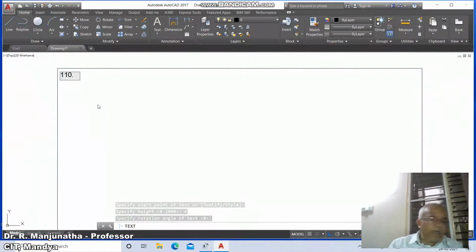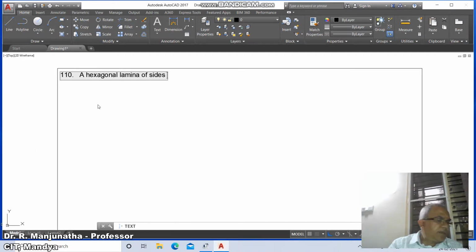Then type: A hexagonal lamina of sides 25 mm rests on one of its corners on HP.